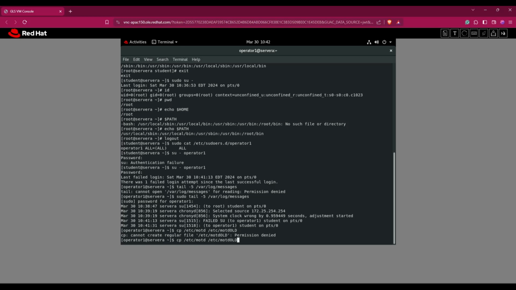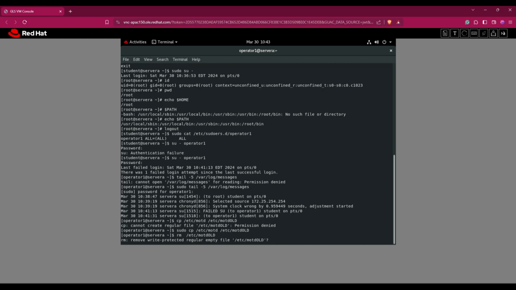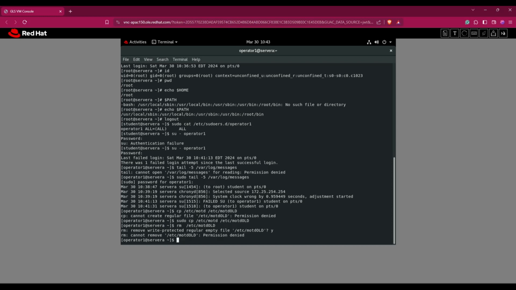And it's not working, permission denied, so we will use sudo command. Yes, now we will delete the newly created file which is motd old without using sudo. Okay, let's see. Now it shouldn't work. Okay, we will enter y and see it's saying permission denied, so now we will use sudo,